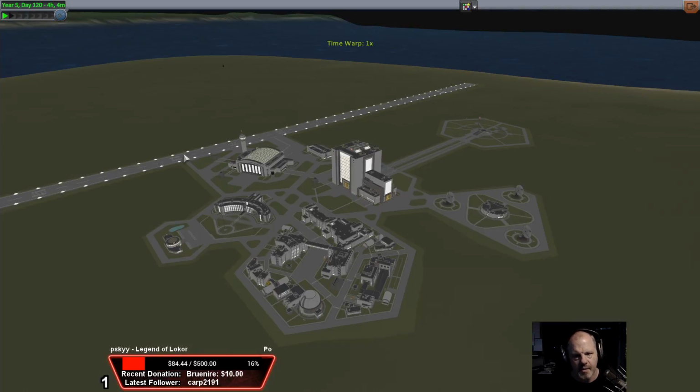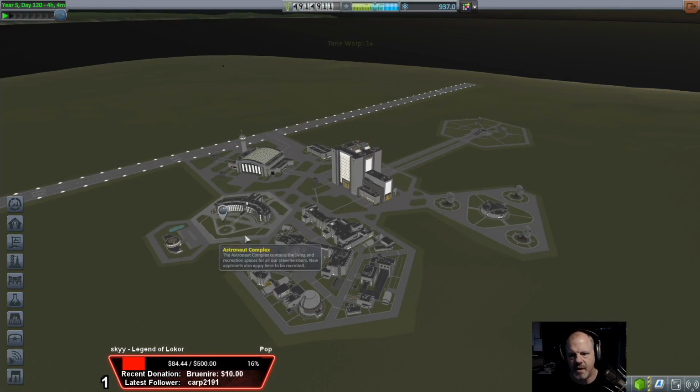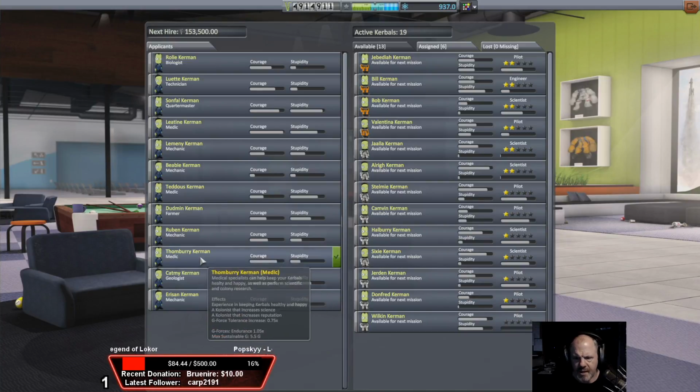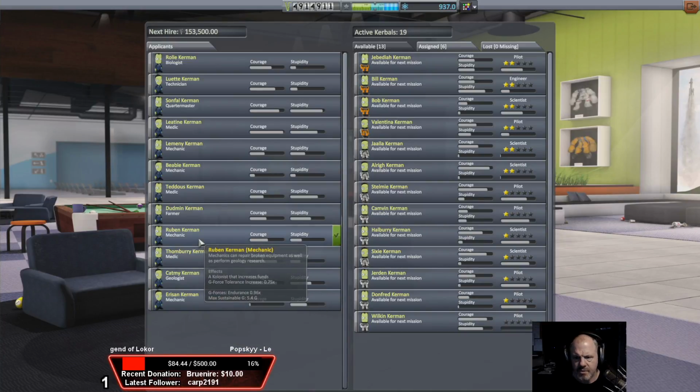And probably a technician will work. I just don't know how the new professions, the newer professions, would work better in conjunction versus the older ones. So I just need... no engineer. The mechanic does what? Can repair broken equipment as well as perform... Yeah, medic, mechanic, farmer...